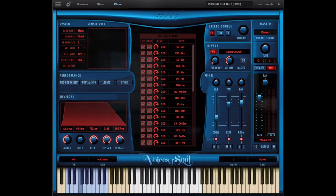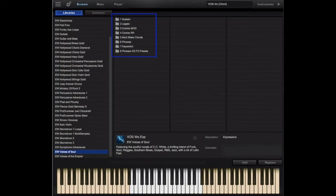Voices of Soul contains 66 sample-based instruments and 604 unique phrases. All of these are rich, soulful vocal performances recorded by CeCe White, produced by Doug Rogers and Nick Phoenix. Voices of Soul is a blend of funk, soul, reggae, southern blues, gospel, R&B, jazz, and a bit of Latin flair as well. When you load Voices of Soul, you'll see 8 folders in the browser, each with their own